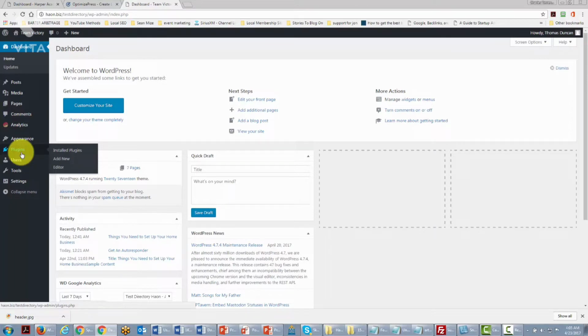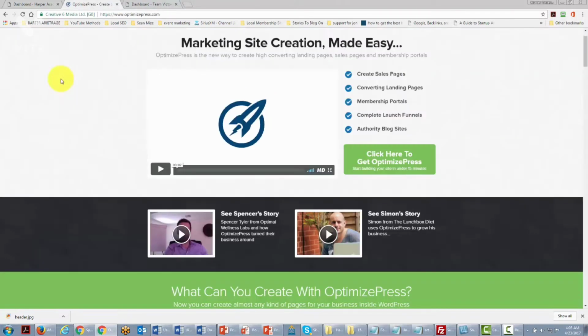And you can do that so that you can either add it on to your WordPress website, or you can have a theme that will actually take over the entire look of your site. One system that a number of network marketers rely on is called OptimizePress. Now, while there are many systems that will give you sales pages, OptimizePress is a theme that will allow you